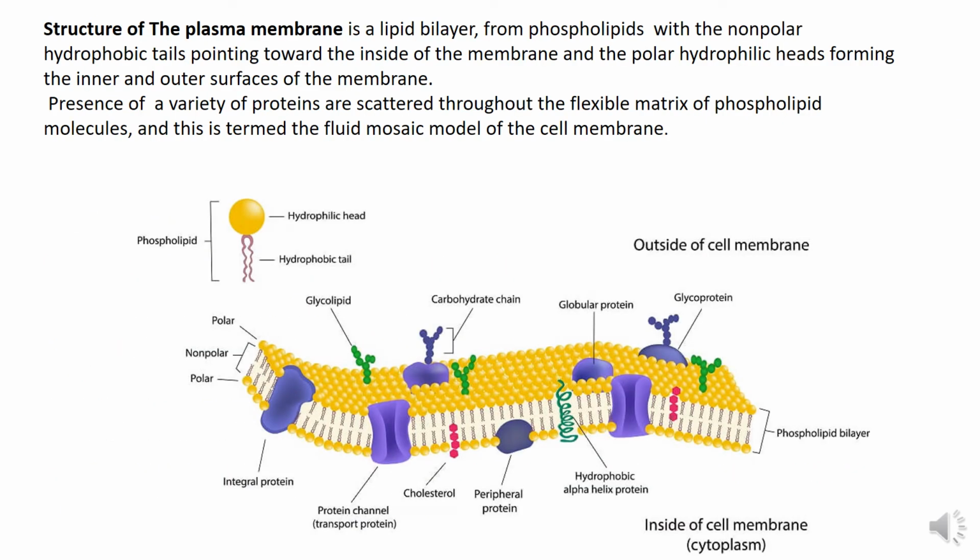Structure of the plasma membrane: it is a lipid bilayer. هذه lipid bilayer, from phospholipids with non-polar hydrophobic tails. This is the hydrophobic tails,